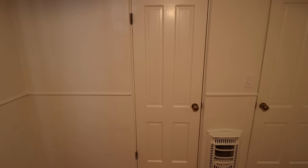But yeah, I don't know what this room is gonna be really. I think it'd be really cool to turn it into some sort of crafting room, or maybe a guest room, or maybe just make it like a 90s themed video game room. I don't know. I'm very new to having more than a very tiny shoebox place, so I'm feeling a little overwhelmed with how much space there is. So I don't know what I'm gonna do in here necessarily, but okay, I'm sorry, I just heard the craziest